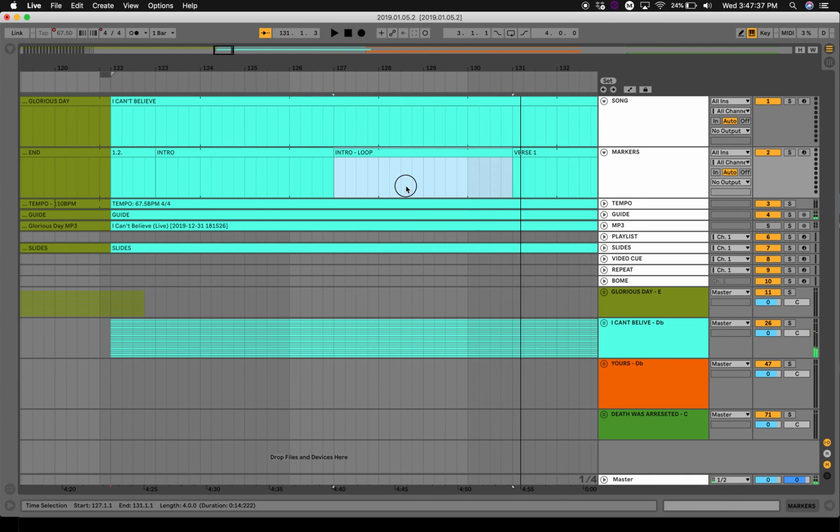Okay, so you'll see that I split this intro region into two halves. The reason is I don't want to loop this whole thing over and over, because in the later half, loud isn't necessarily the right word, but the intro is in full swing, it's in full effect. Here, whenever the song starts,